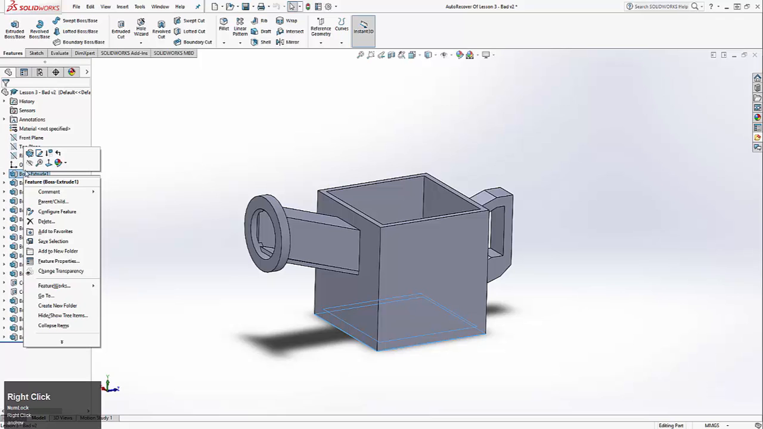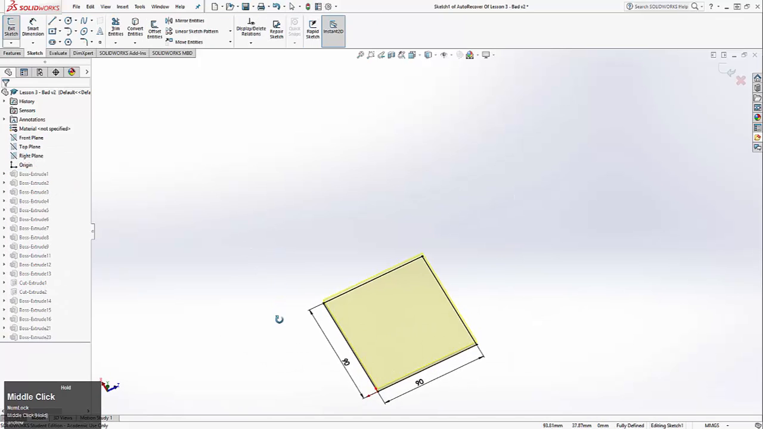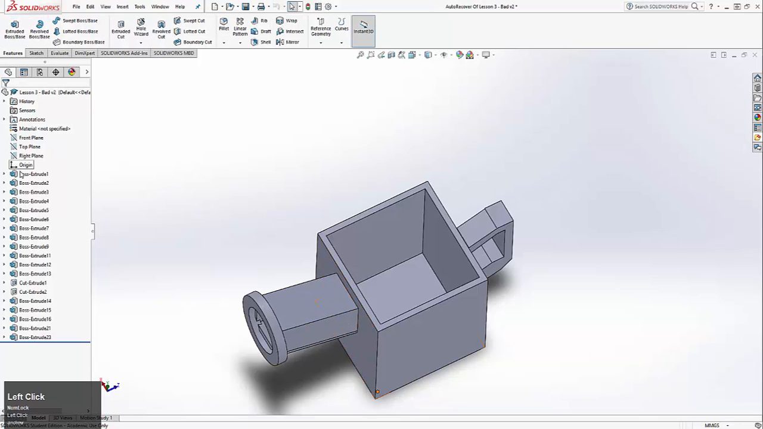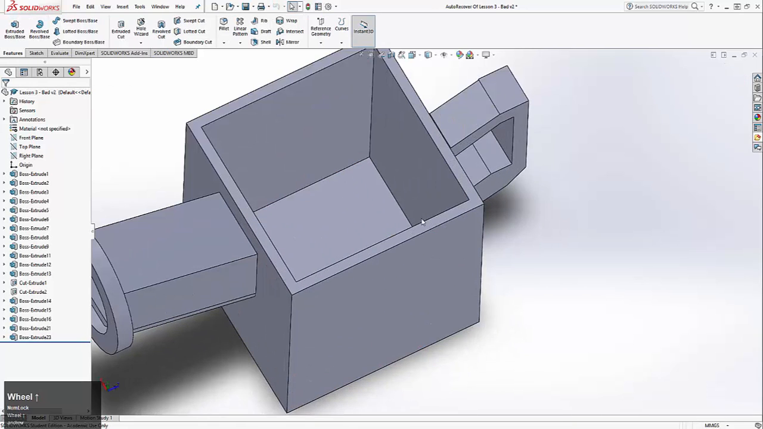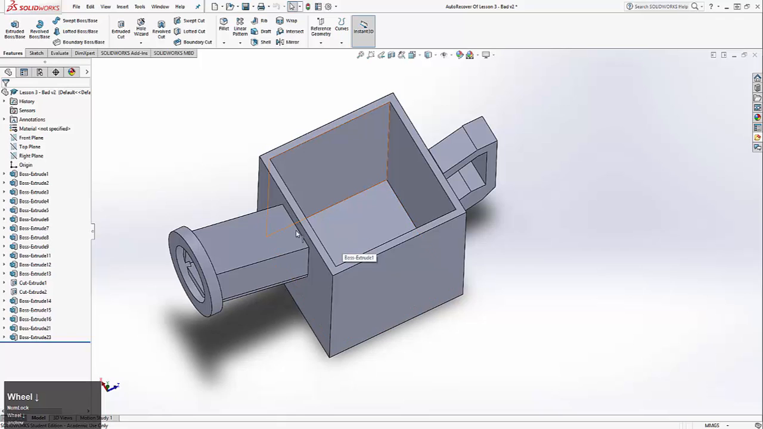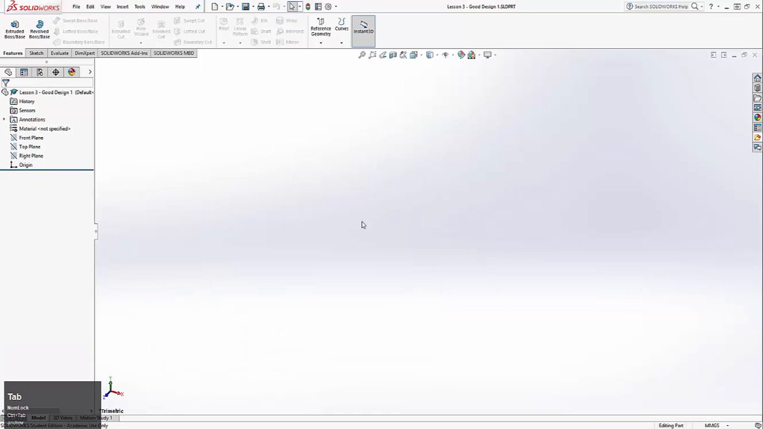So right click here on the extrude and edit sketch. So we see that this flower pot, not flower pot, watering can was made 90 by 90, but it's actually 100 by 100 because each of these walls is 5 millimeters thick. So instead of making one 90 by 90 square and then extruding 5 millimeter thick walls, we're going to instead,